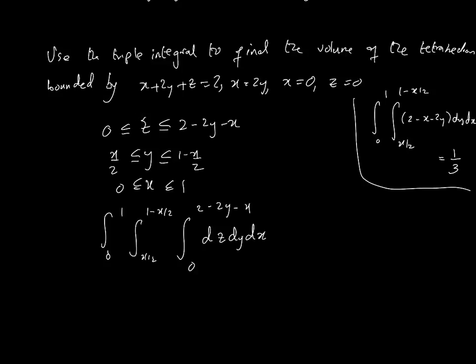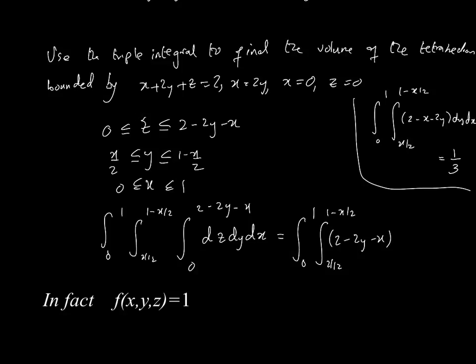Notice there is no function here. F of x, y, z is not here. So that means that the region that you're always integrating over is a volume, in fact. So when you work it out, it actually turns out to be the same. In fact, the first step will show you that. If I take the first integral, that's going to be 1 minus x over 2, and that integrates to just z, which is 2 minus 2y minus x, and then dy dx. Okay, and that'll again work out to be 1/3 as before. So you can see here the connection between double and triple integrals in calculating